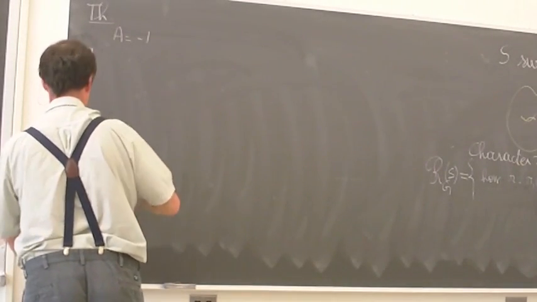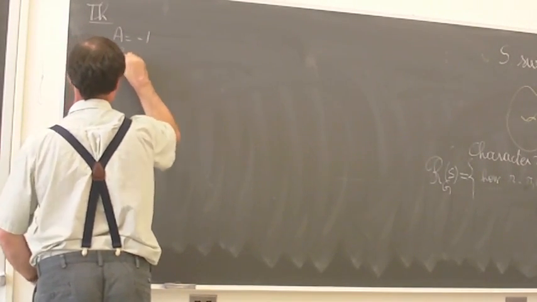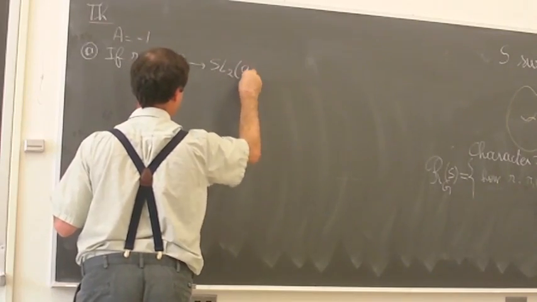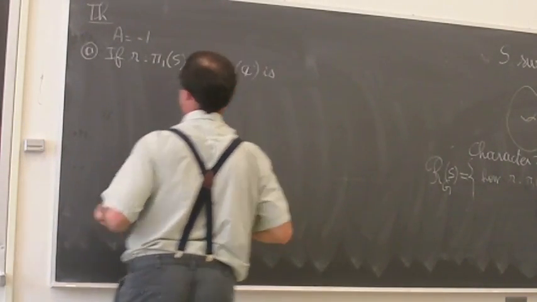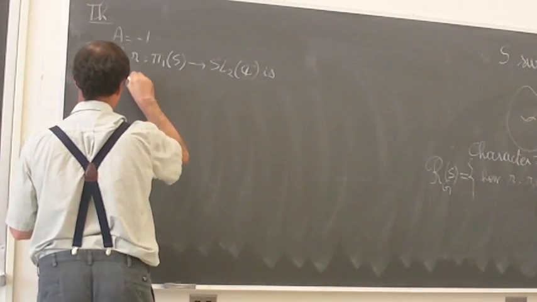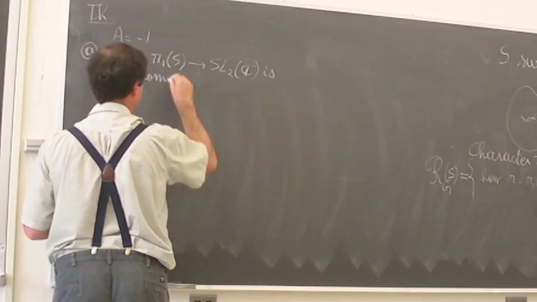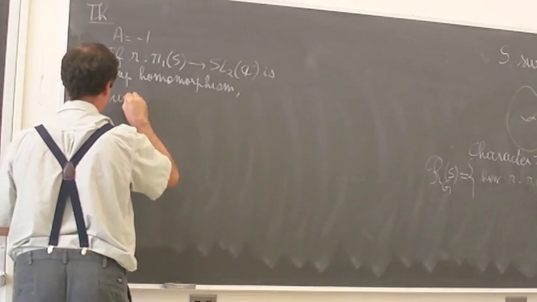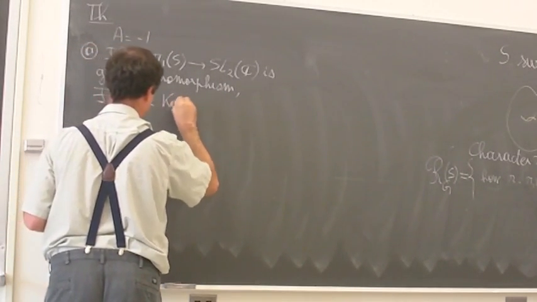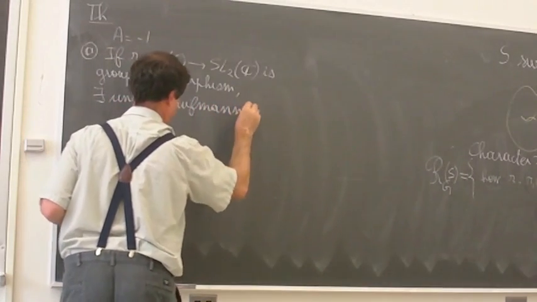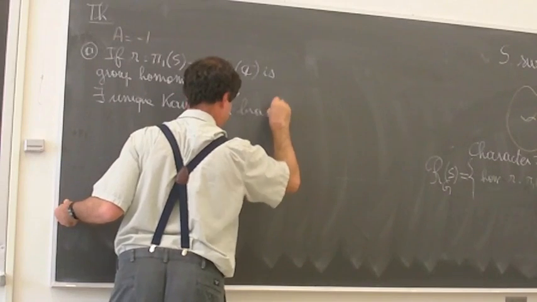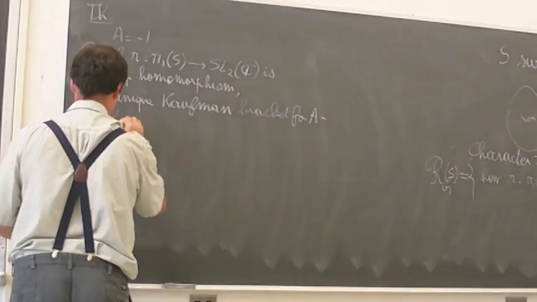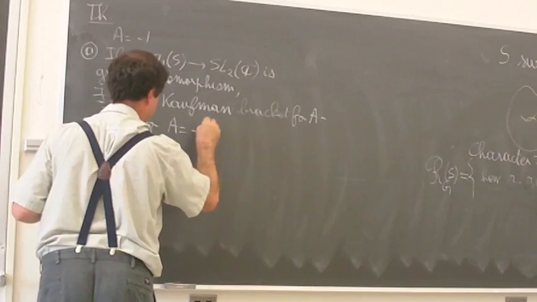Part A: if R from pi 1 of S to the group SL2 of C is a group homomorphism, then there exists a unique Kauffman bracket, K_R for A equal minus 1, such that